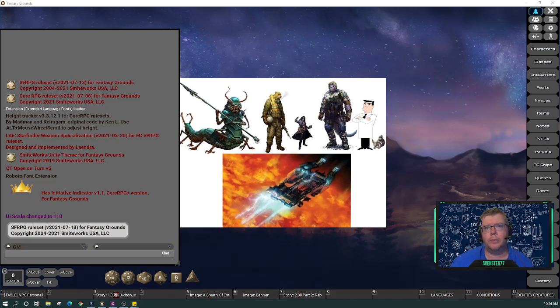What are we covering today? Today we are going to be working on Dawn of Flame Adventure Path. This is the crew. This is their ship, Breath of Embers. One of the things we're going to be doing is fixing the image because